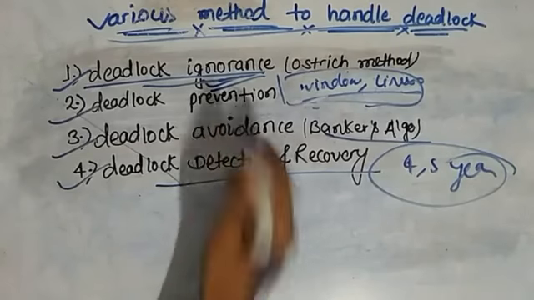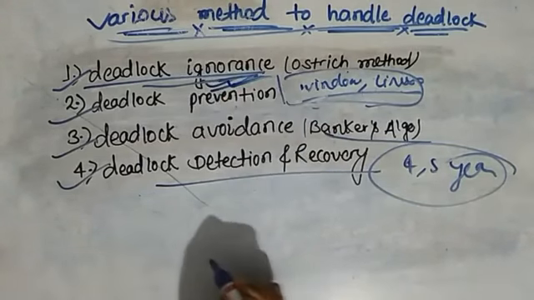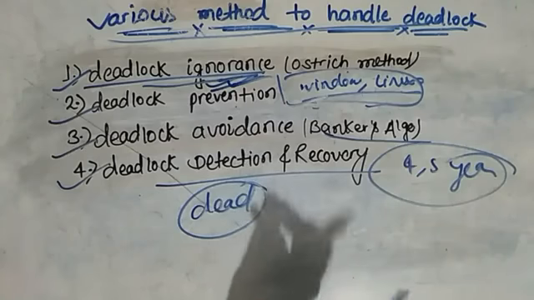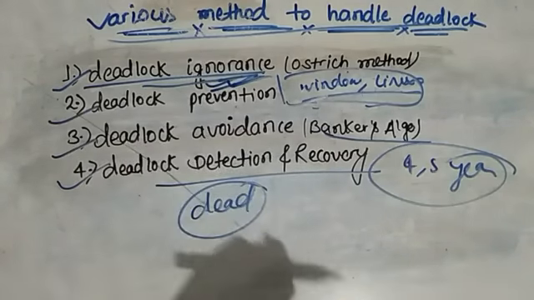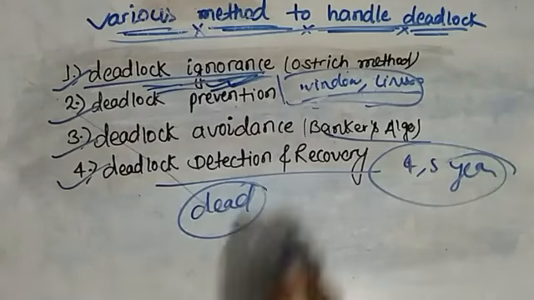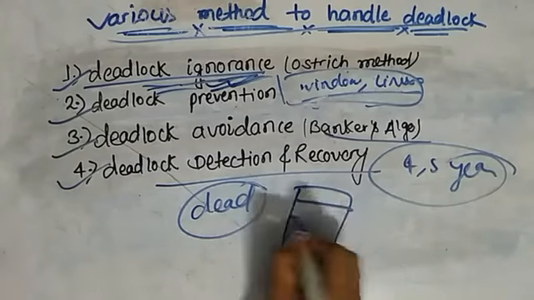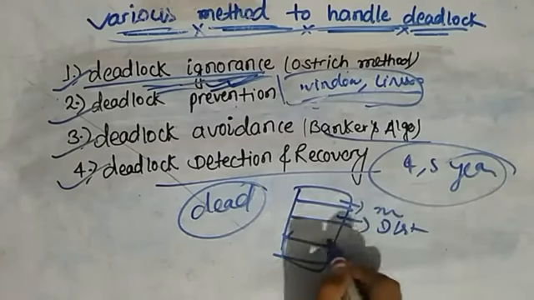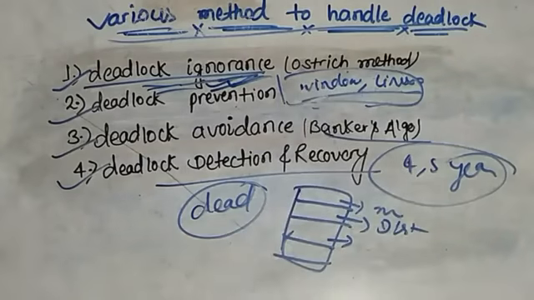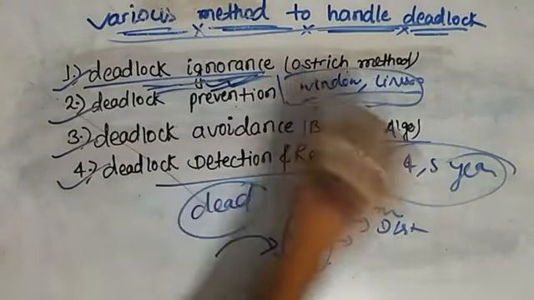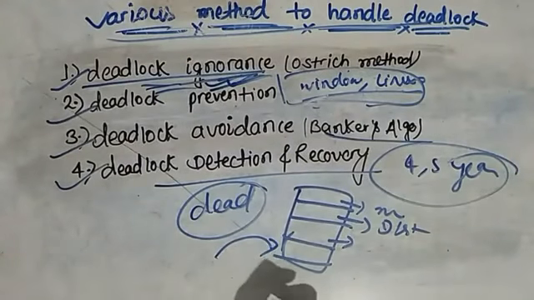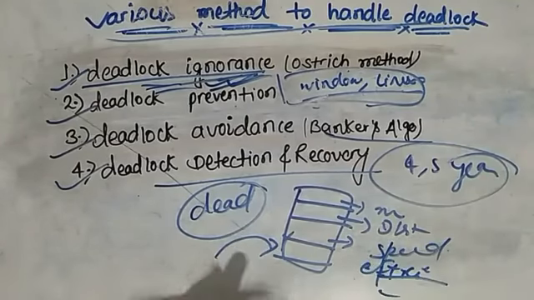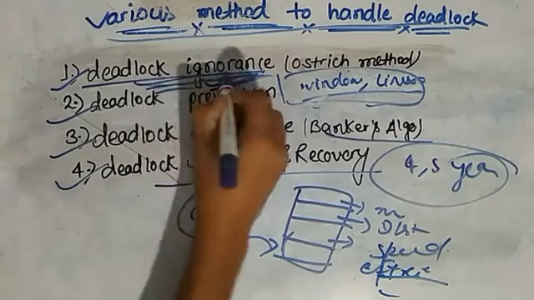That's why we simply say deadlock ignorance, because writing code for handling deadlock creates an extra burden and takes extra memory. As we know, operating systems deal with memory management, disk management, and many other things, and we would be adding one more huge and lengthy code for deadlock handling. We find that our speed and efficiency would decrease. That's why we simply ignore the deadlock.